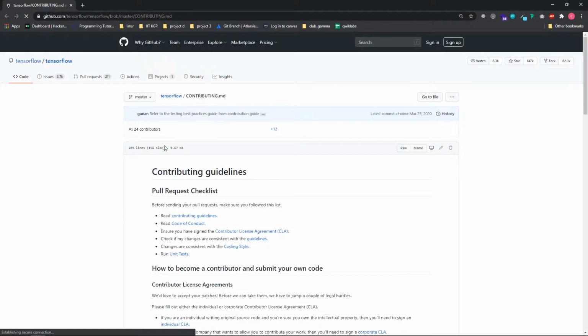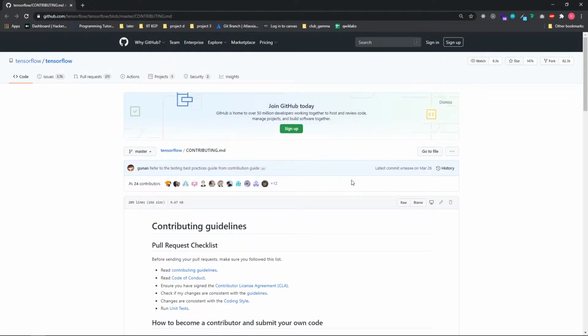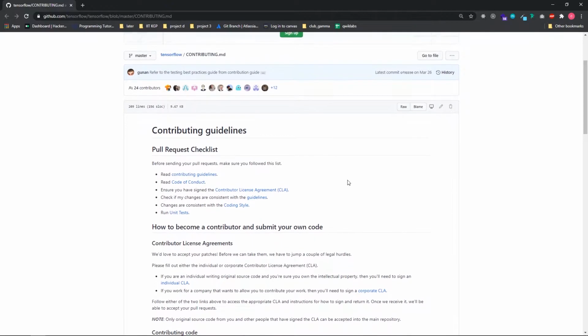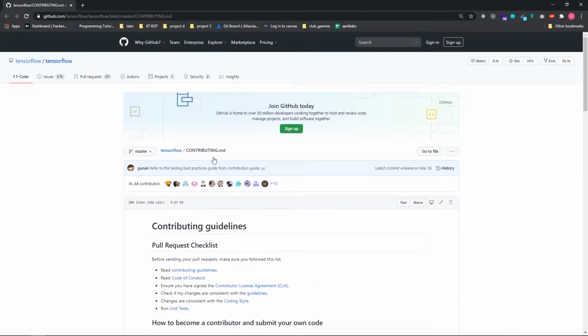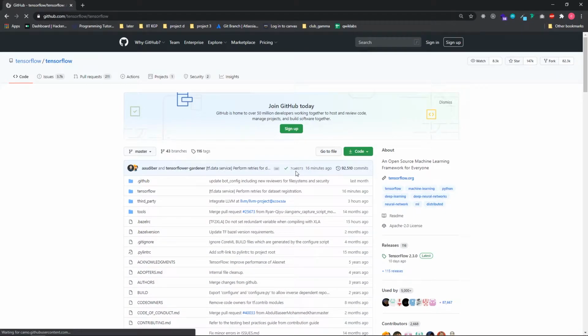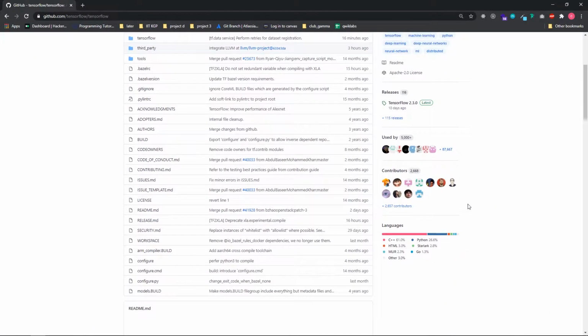This is the official contributing.md page of TensorFlow. TensorFlow is a well-known machine learning framework nowadays. It has many contributors, as you can see. As you can see, there are a total of 82.3k forks. We will discuss what a fork is in a later video, but as of now, you can see here